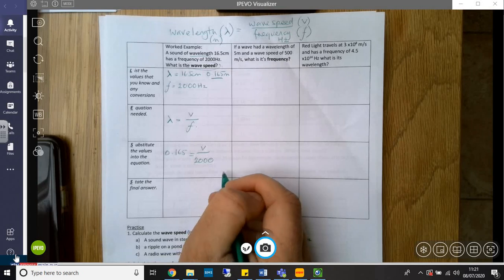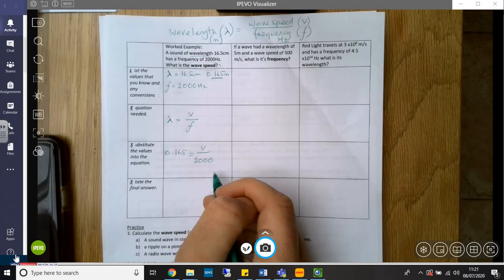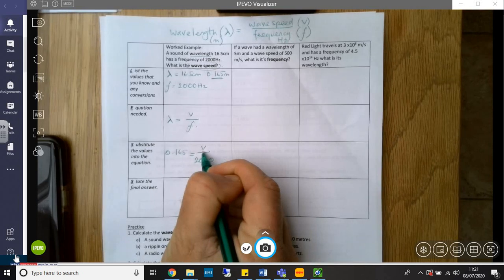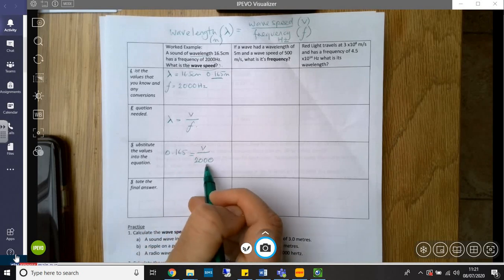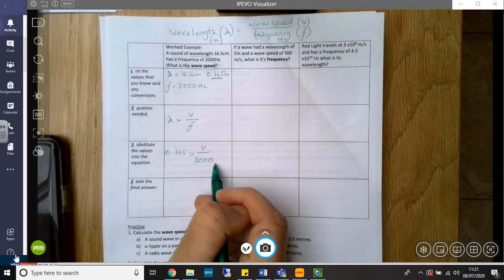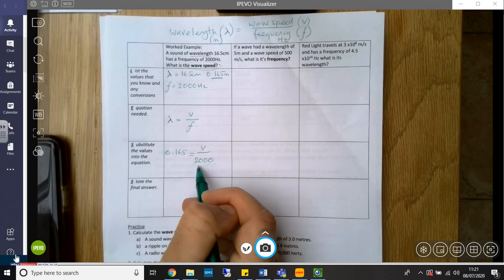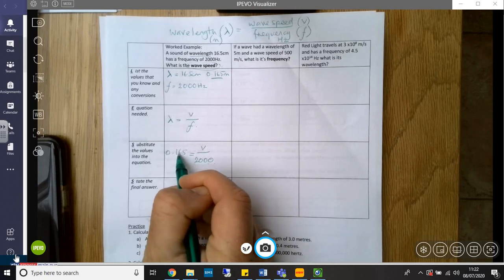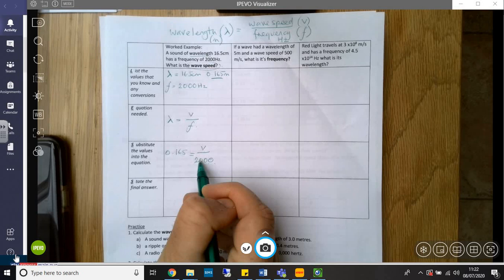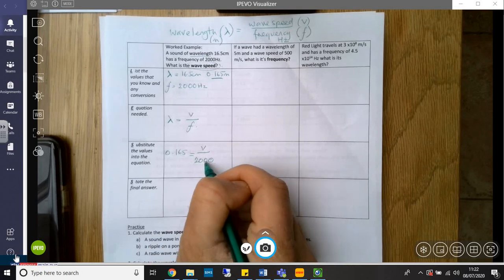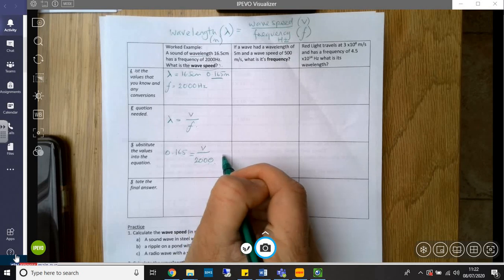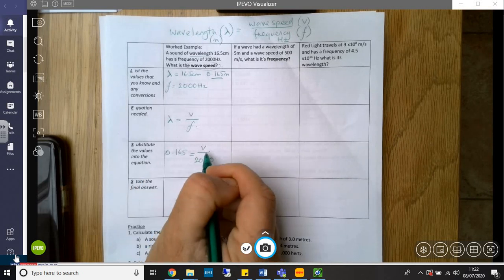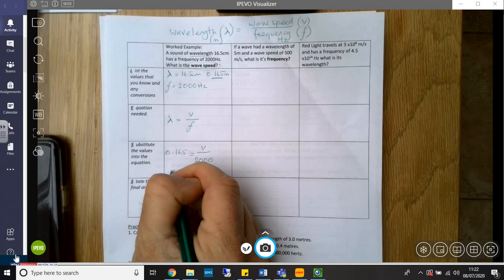What I need to do now is to rearrange my equation to find v, which is the thing I want to have on its own. I need to remember that I'm going to do the same thing to both sides of my equation, as I would in any math equation. I want to get rid of this divided by 2000 to get v on its own. I can either move this up to this side, or I can do the same thing to both sides. If I multiply v divided by 2000 by 2000, it will get v on its own. So my equation should be: